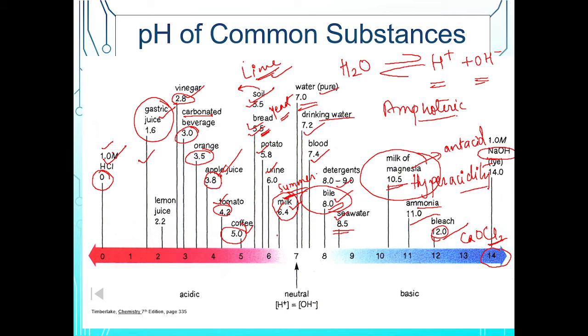Now, if we go to the further part, see, first thing you have to remember is when it is neutral: when the concentration of H plus and OH minus is equal, then exactly a pH of 7 comes, like in pure water, okay? So in pure water you can see the concentration of H plus and OH minus is equal. That is why the pure water contains pH of 7, okay? So you have to remember this part also.